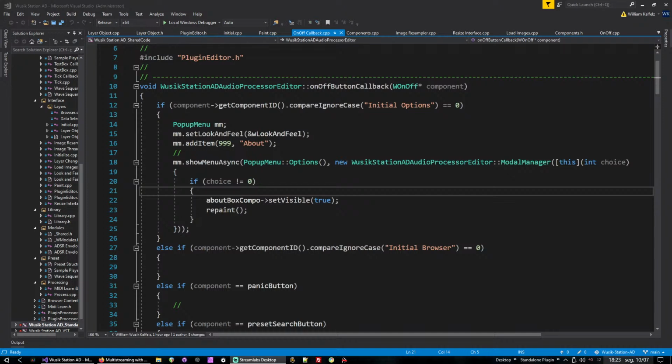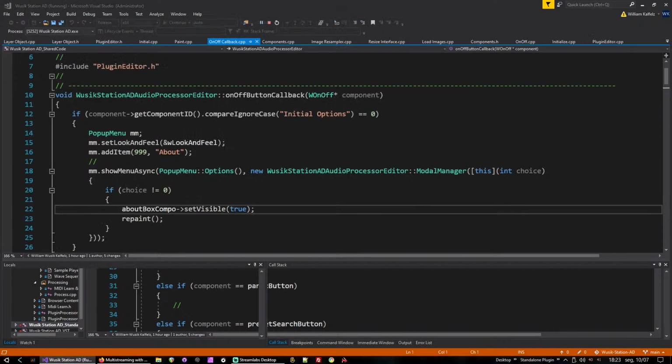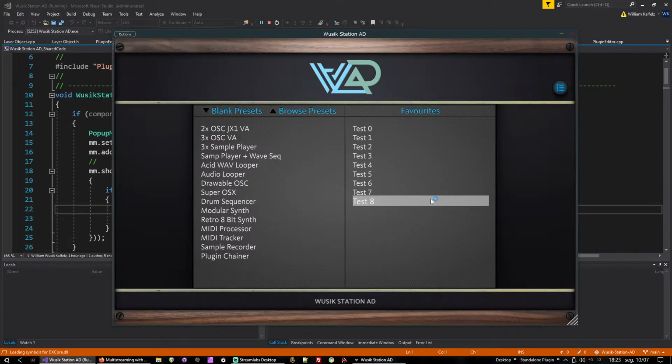Okay, so I'm back. Let's continue. I was doing the initial window, the initial state when you load up the plugin. So now I can select the layer type and select some favorites, but I still need to do the